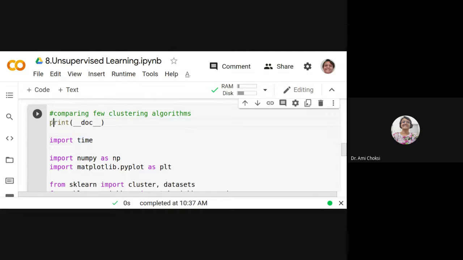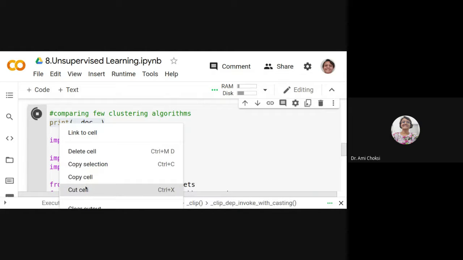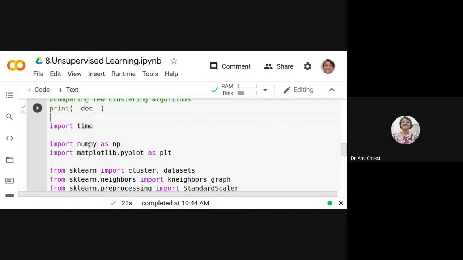So let's see this. print(__doc__), what will it give us? I should have written it only here, right? Typically this will give us the docstring, isn't it? It's taking longer because many algorithms we have put in.